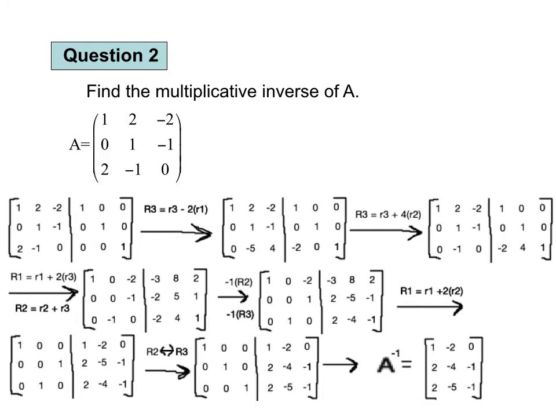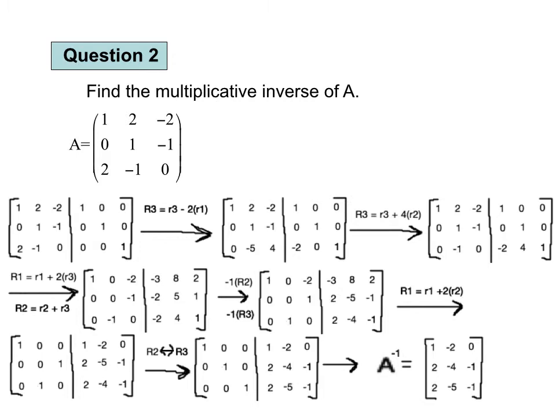Now remember, because with math, there's always multiple ways to perform any question. If you did not perform the exact same row operations, but you got the same A inverse matrix, that's fine, okay? So, if you had any trouble finding A inverse,